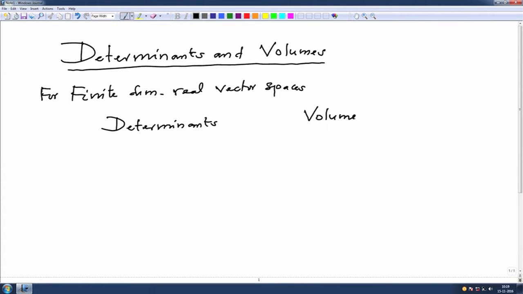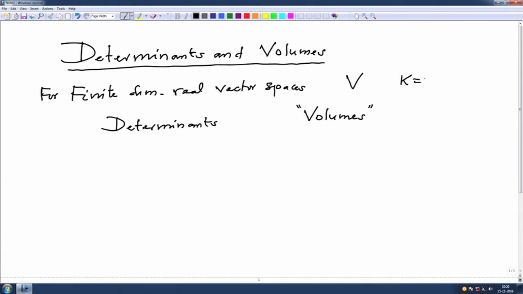Now, we will have to recall basics of volumes. There is a very close connection, and this is what we are going to discuss in this lecture. So, first of all, when one says finite dimensional real vector space, it is V and the base field is